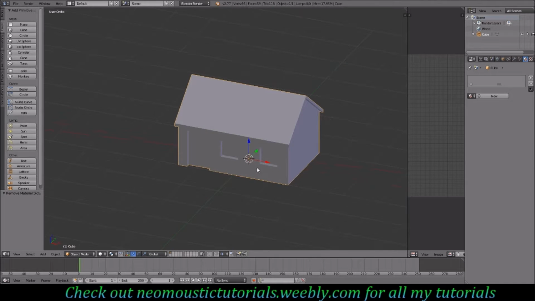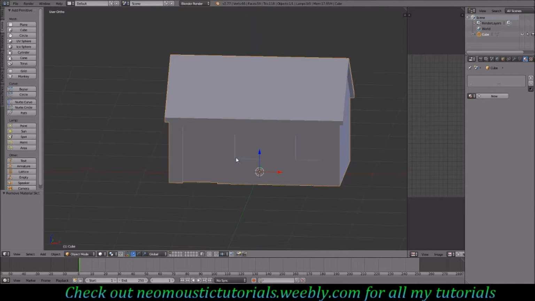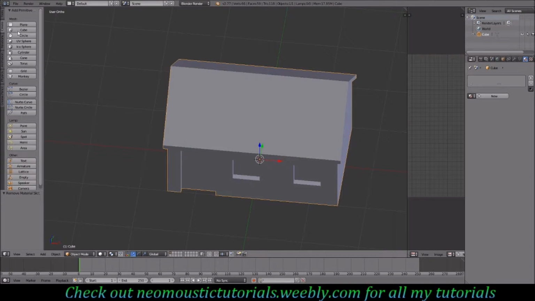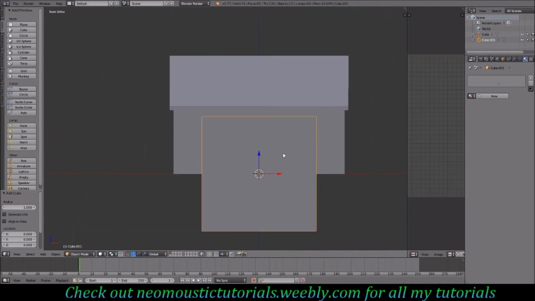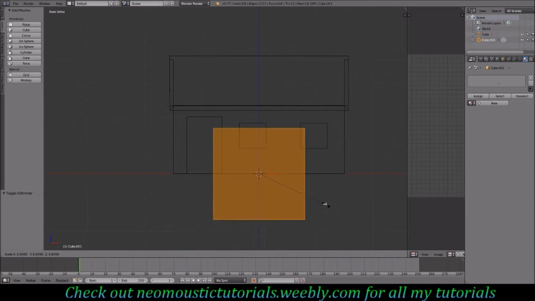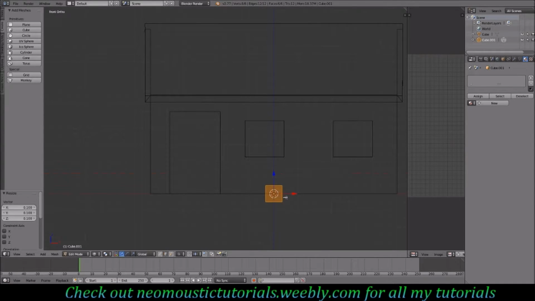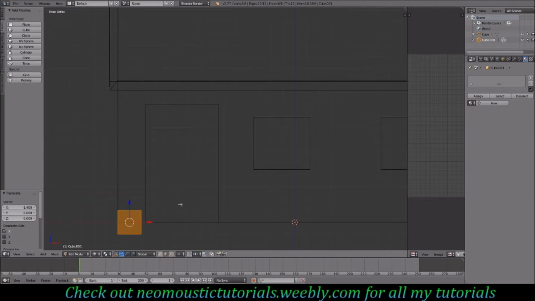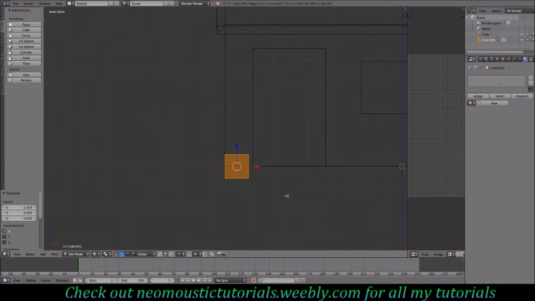So yeah, the first thing that I'm going to have to do is make sure that my cursor is at the center and add in a new cube. I'm going to scale this down a lot. I'm going to drag it over here. SZ 0.5, SZ 0.5. Okay,